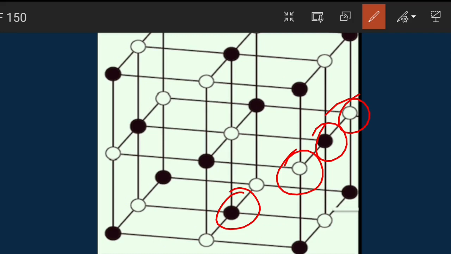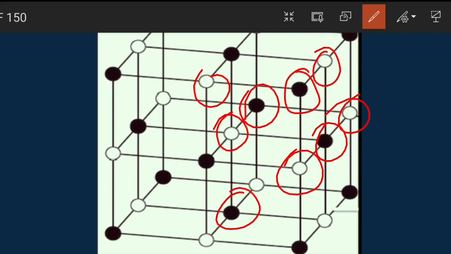So each point in a crystal lattice is called a lattice point or lattice site. These are the lattice points, or these are the lattice sites. Okay, now